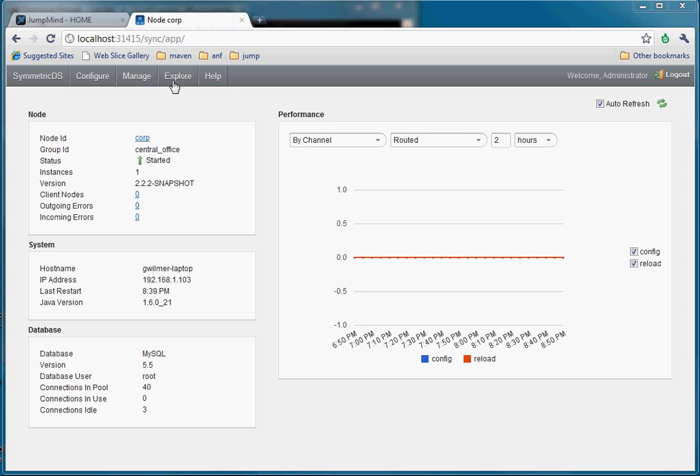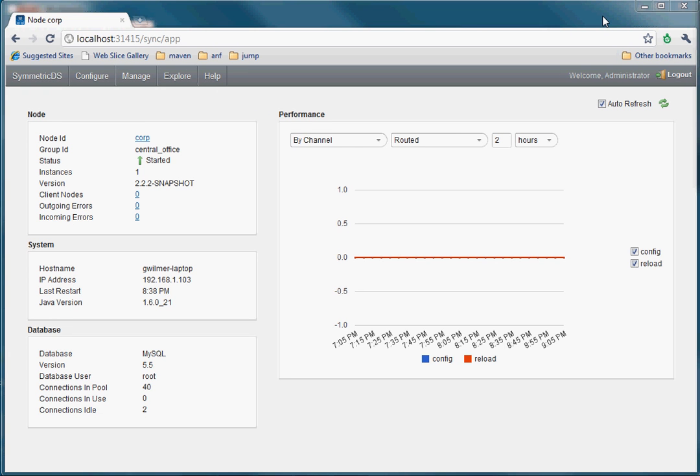The Explorer item allows you to look at data that's being replicated via the system, including incoming and outgoing data, as well as any errors that may occur. And finally, the Help item allows you to look at version information and installed SymmetricDS extensions. We'll visit each of these menu items in additional detail, but for now, let's get started by configuring SymmetricDS for